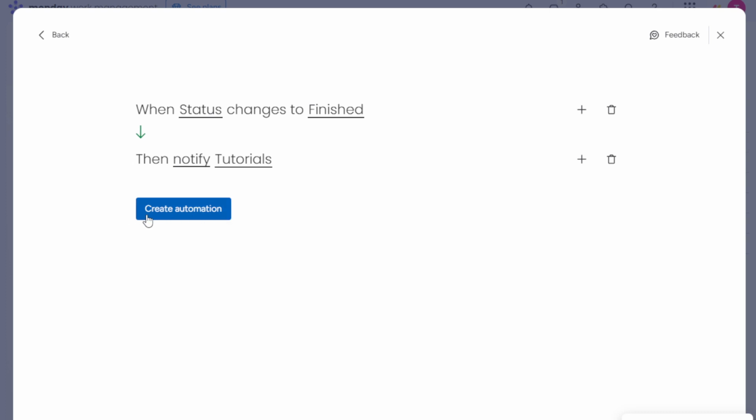And that's it. By following these simple steps, you've just created a custom automation in Monday.com. Remember, automations are all about efficiency, so take some time to explore different triggers and actions to fully leverage what Monday.com has to offer. Whether you're managing large projects or just looking to shave a few minutes off your everyday tasks, custom automations are your ticket to a more